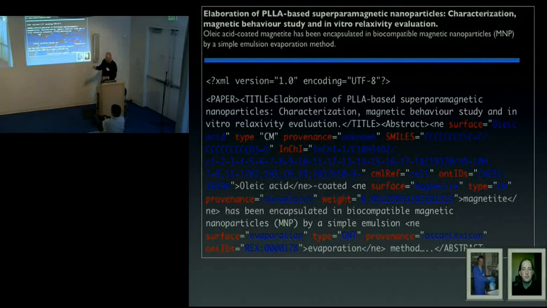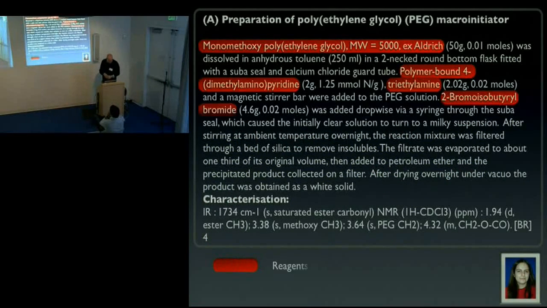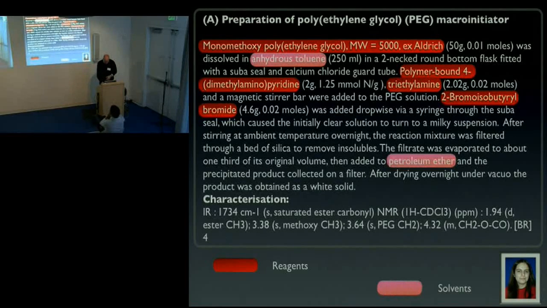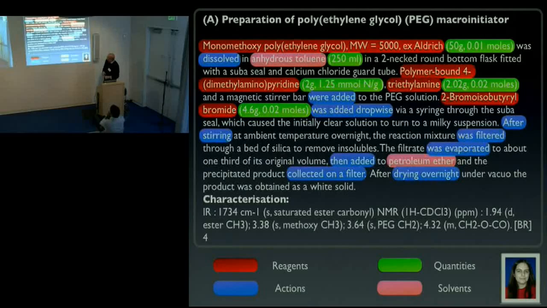In essence, you could deal with that. We can not only do that for chemical entities, we're also starting to be able to do it for procedures. For example, here is a synthesis procedure that contains a number of different entities, such as reagents, chemicals, solvents, quantities, and actions. We can discover and mark up all these sorts of different types of objects, and we can hold them in